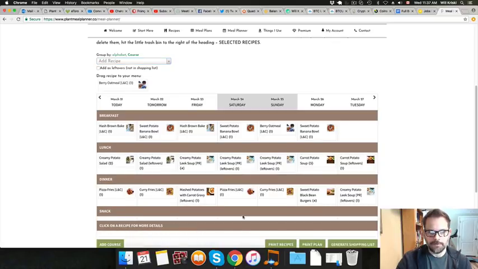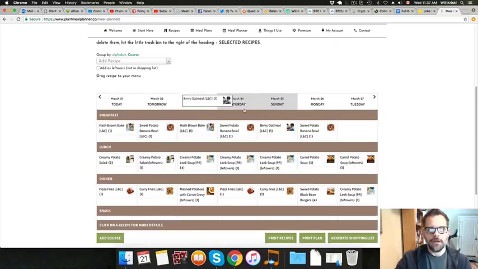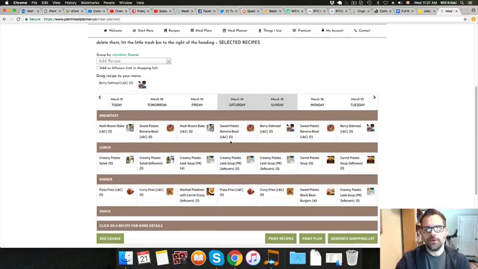So yes, I have to confirm. So now there's a blank spot. So I've still got this berry oatmeal here, and I'll drag it over here as well. So it's pretty quick. If you have the same thing every day, for say Monday to Friday, you could drag the oatmeal really quickly to each day. So it's up to you if you want to do most of it manually or you want to start with